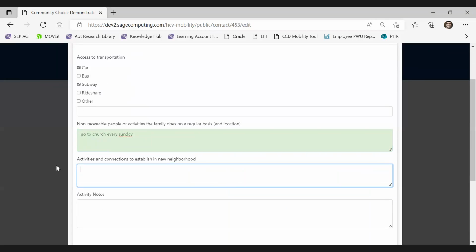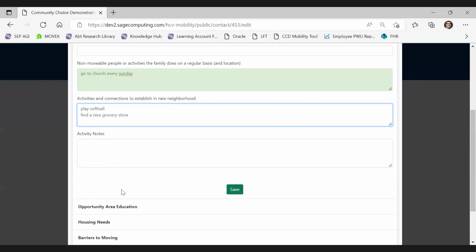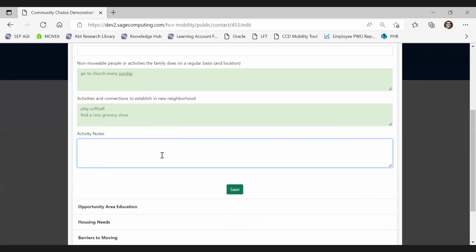Maybe one of the kids wants to play softball or find a nice grocery store for the parents to shop at. And any additional notes can go in this field under activity notes.